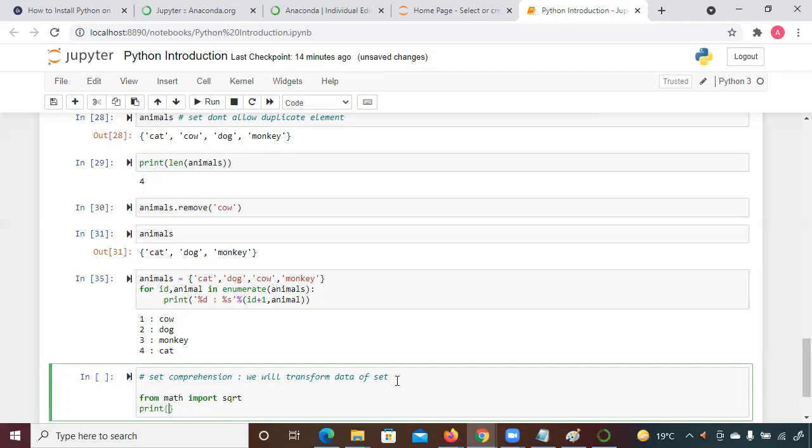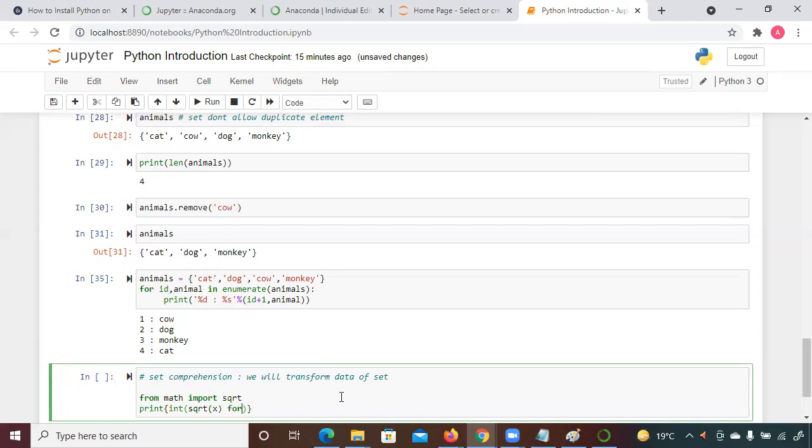So in the set, how are we going to perform the same square root? If I want to say you have to perform the square root of the element, how are we going to do that? Int, square root is a function that is available in the math library, and to that you are going to pass this temporary variable x, and with every temporary variable you are going to write like this.